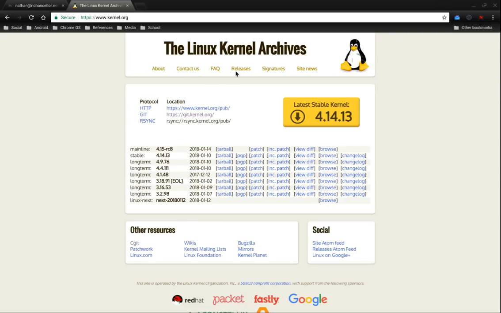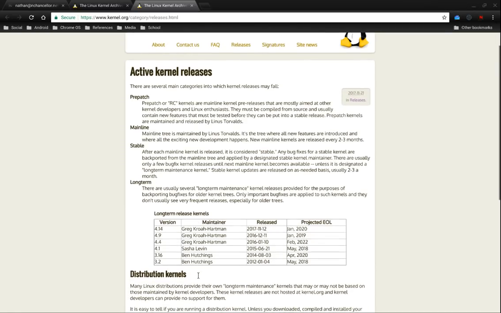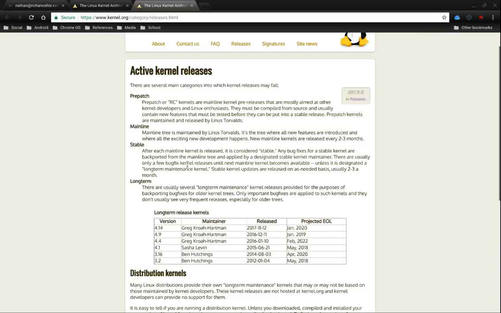You can actually see who maintains each kernel and how long they're going to be supported for on this page. And this also gives a description of what each kernel means, which is what I just explained. So as you can see here, the projected end of life is when these kernels are going to stop receiving updates. So most recently, 4.4 was actually announced to be supported for 6 years, primarily as a result of Google partnering with Greg to maintain these kernels for so long due to Android